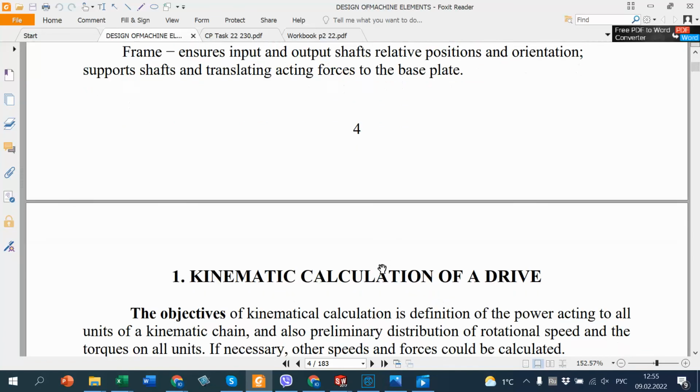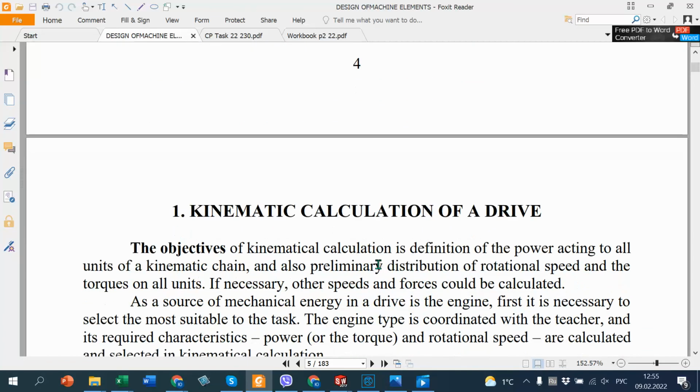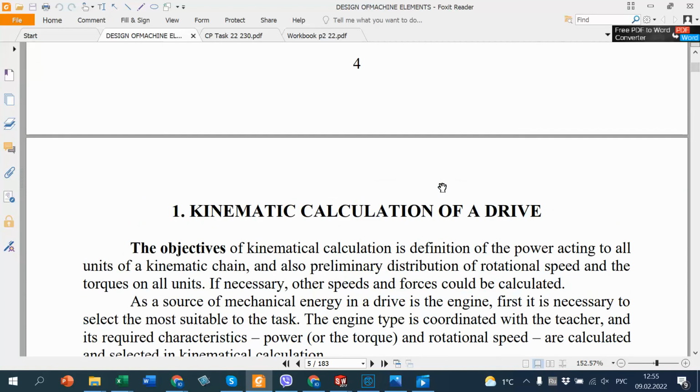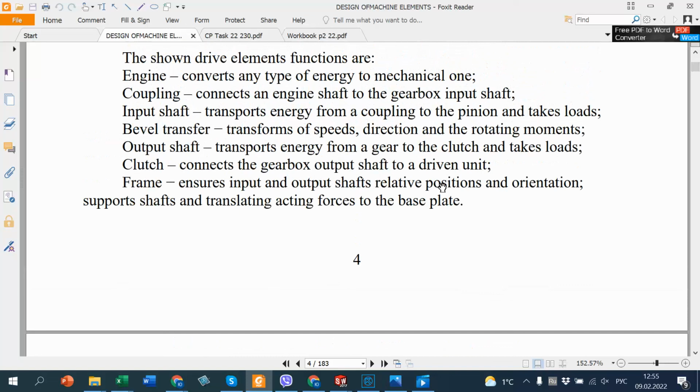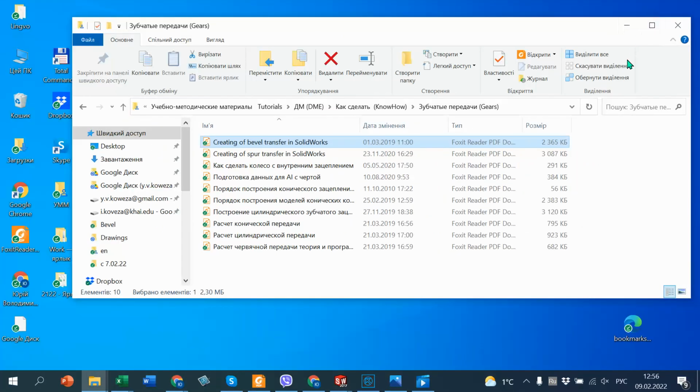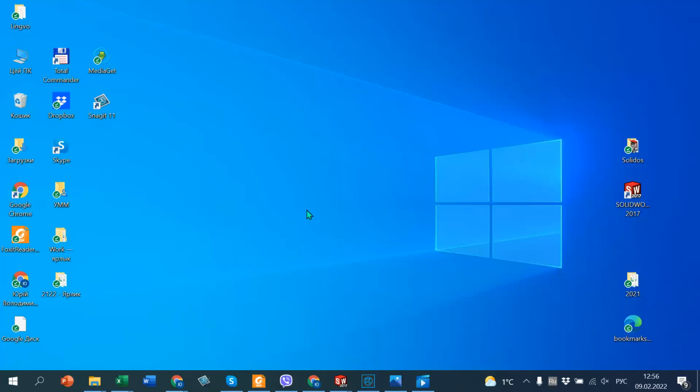So those who need to make it faster can consider and calculate the kinematic calculation. And if not, you can do it with me next class. So I think that's all for today. Short class, but